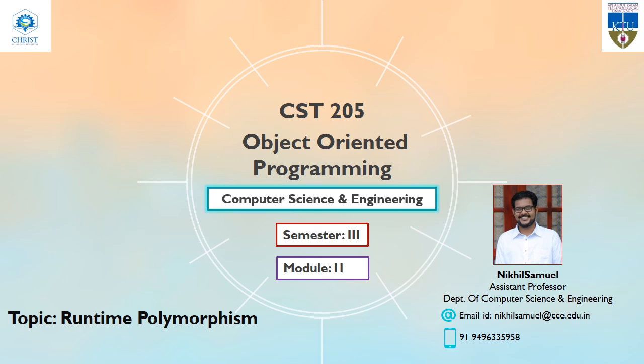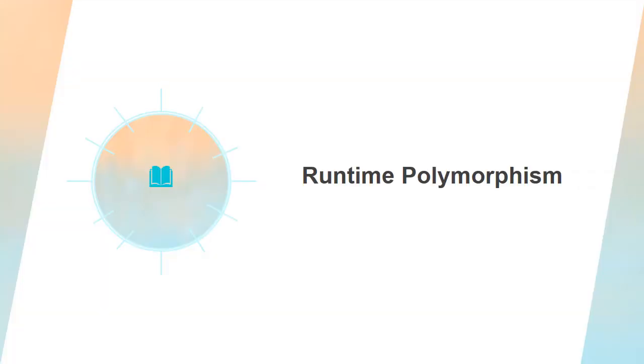In this video lecture, we'll be discussing the topic called runtime polymorphism. We have discussed static polymorphism or compile time polymorphism, which is our method overloading. This is runtime polymorphism. That is what we are going to discuss in this video lecture. Runtime polymorphism is actually the second usage of method overriding. The first usage was to provide specific implementation of the methods that is already given by the parent class. The second usage of method overriding is known as runtime polymorphism, and that is what we are going to cover in this video lecture.